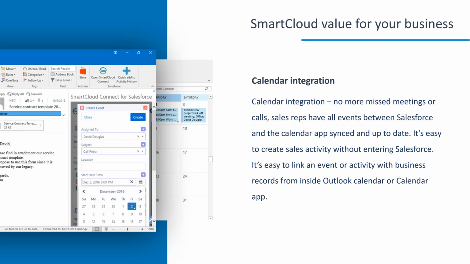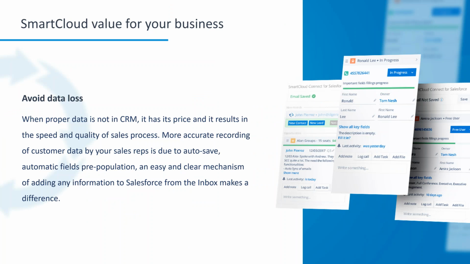Obviously, a very critical part, SmartCloud helps you to avoid any data loss. So typically, the company has to depend on how diligent reps are on doing their data entry into their CRM system. And obviously, lots of data is missing in the CRM. So with the SmartCloud integration, with our synchronization functionality, we can synchronize literally everything you have in your inbox, and that can become available in the CRM. And also even on your mobile devices. So a really, really great solution. Now,